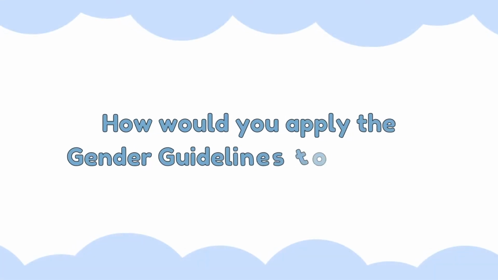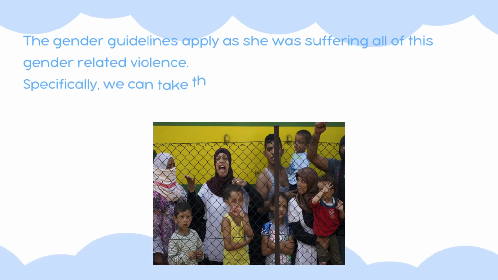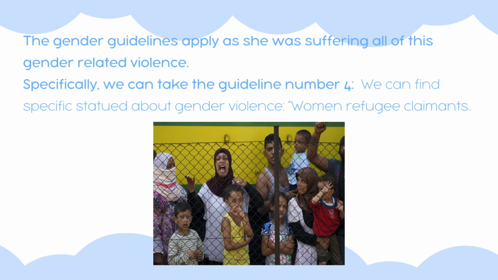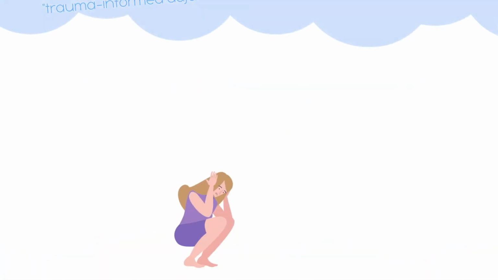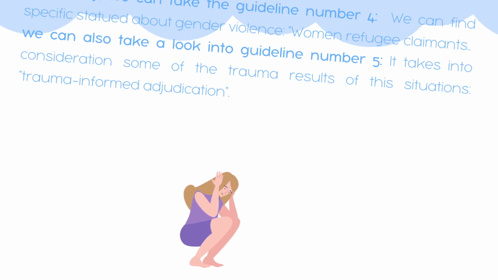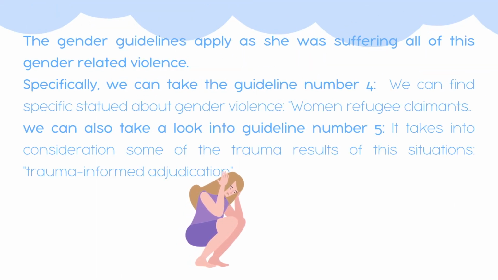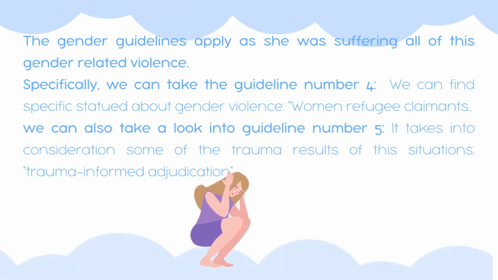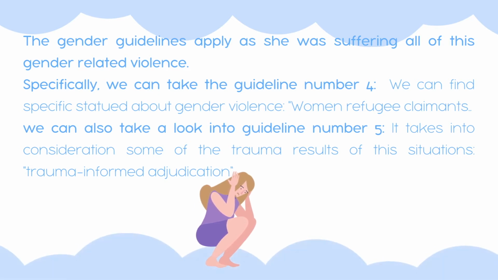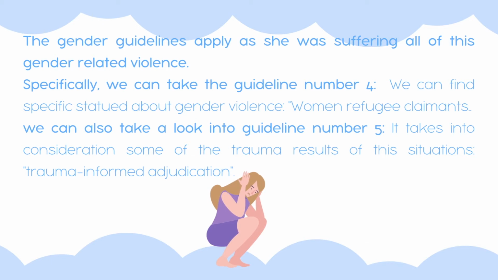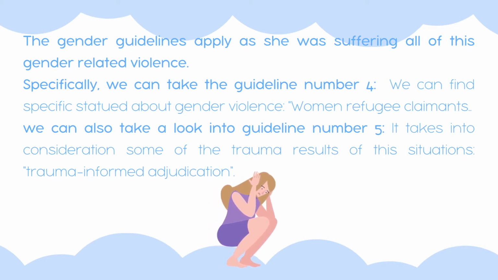How would you apply the gender guidelines to this case? The gender guidelines apply as she was suffering all of this gender-related violence. More specifically, we can take guideline number 4, which has some specific status about gender violence, women refugee claimants; guideline number 5, which takes into consideration the trauma resulting from these situations, trauma-informed adjudication,